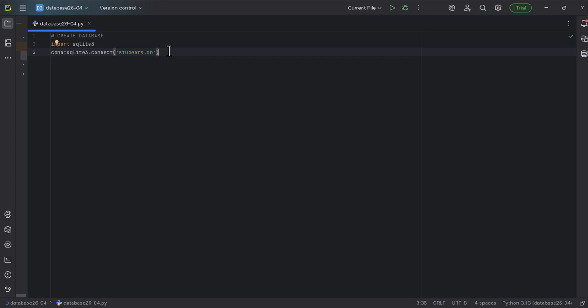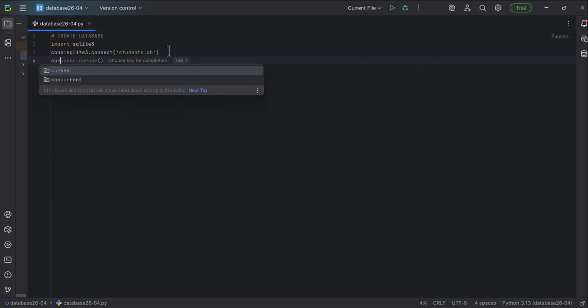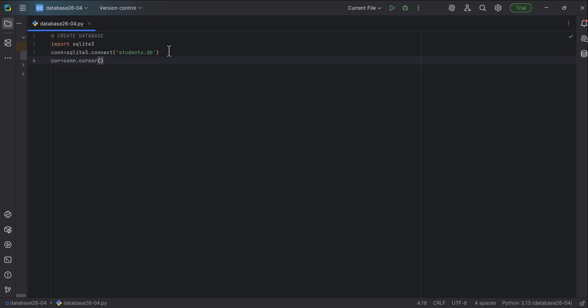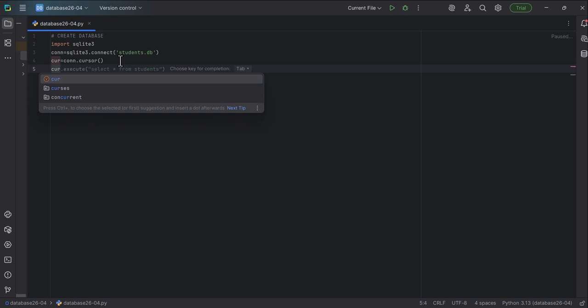Now we have to create a cursor that we will name cur, equal to con.cursor(), so it is the cursor that will move in our